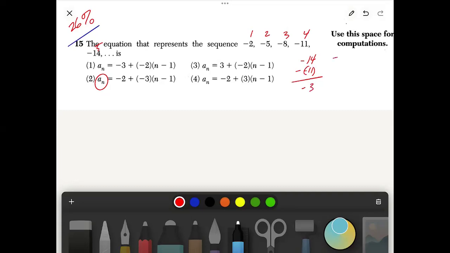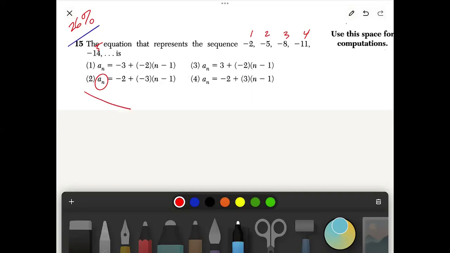And then we're going to do a negative 11 minus a negative 8. So that's going to be plus, and that's going to be a negative 3. So you can see that it's going down. Each term is going down by 3. That's what you should see. We can keep doing it, but hopefully that's pretty clear to you. Actually, let's leave those there. All right, now